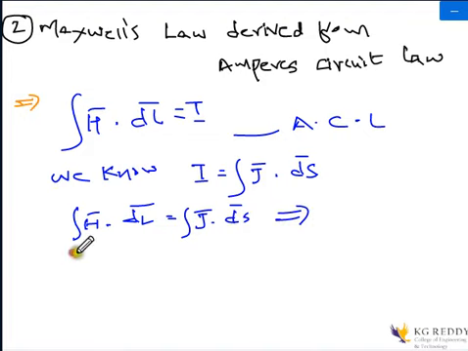But before that, I will do one thing. As we did in the previous Maxwell's equation, I will convert this integration of h bar dot dl, because whenever there is dl, you can convert it into the curl of that particular vector dot ds, according to the Stokes theorem. Now, according to the Stokes theorem, this equation will become the integration of curl of h bar dot ds.